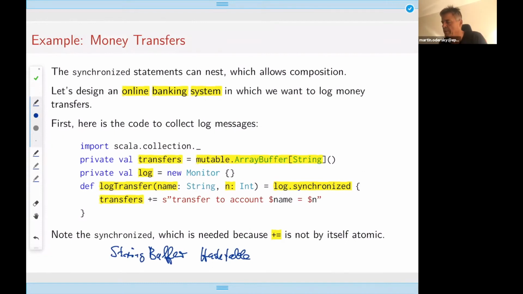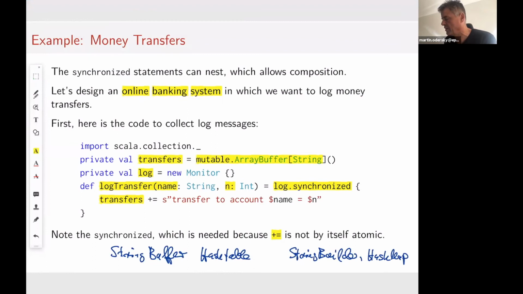And then sometime later, Java decided that these operations were really too slow. In benchmarks, they were just so much slower than the alternatives. So there are now new classes called string builder and hash map. The essential difference is that the new ones are not synchronized. They rely on you to ensure that one thread only accesses these things at the same time. And for that, the new ones are faster than the old ones. So that's typically the trade-off that you have here.